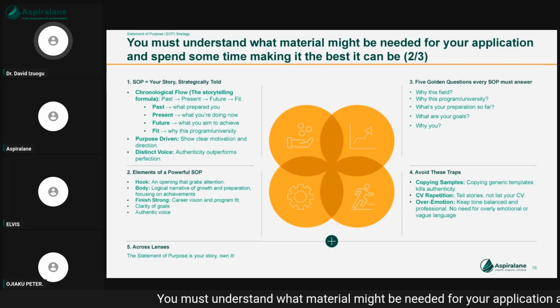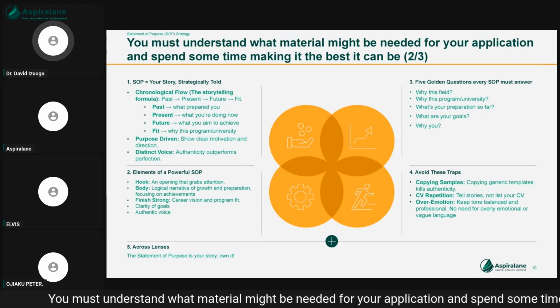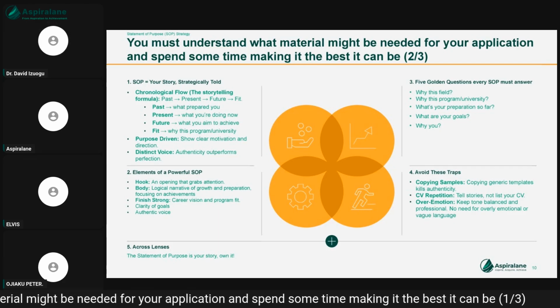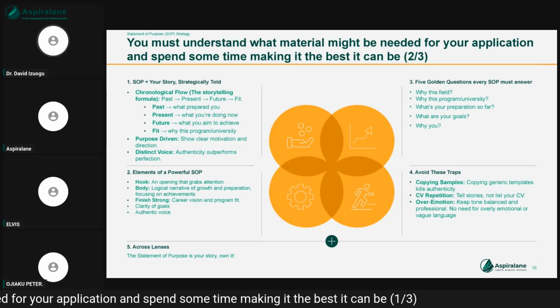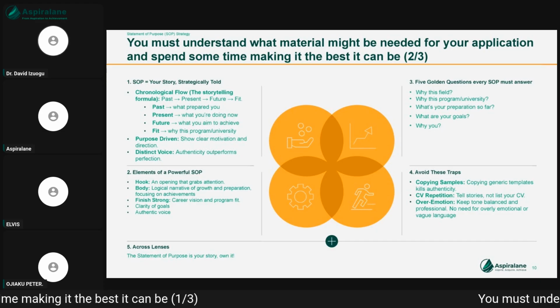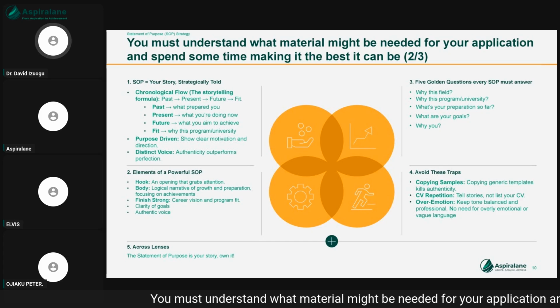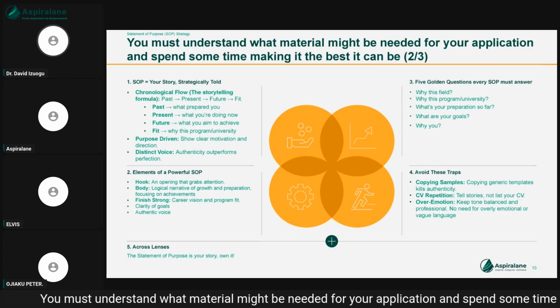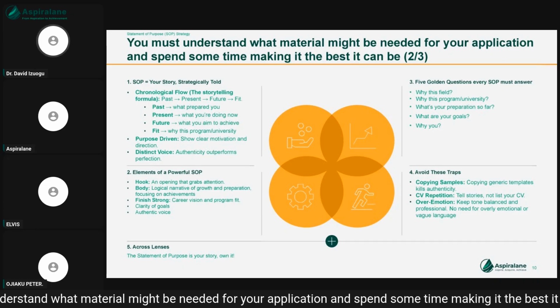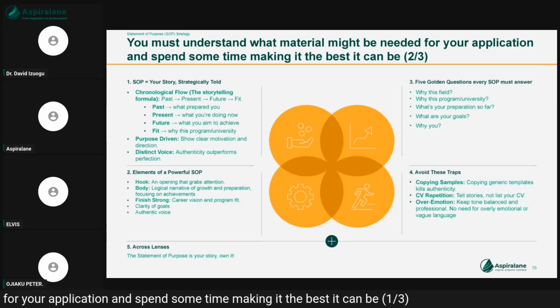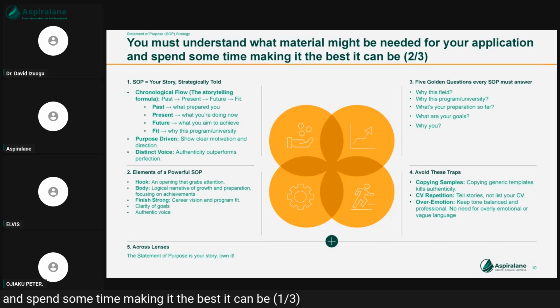You might also realize that certain sections of your CV might need some tweaking depending on the program. But in most cases, it will always be the same CV, to be honest. If you've made your CV standard, organized, structured, and academic, which means academic-related things go at the top and professional-related things come later, that would typically stand out and work anyway. Does that make sense? Yes, it does. It does a lot. Thank you so much, sir.